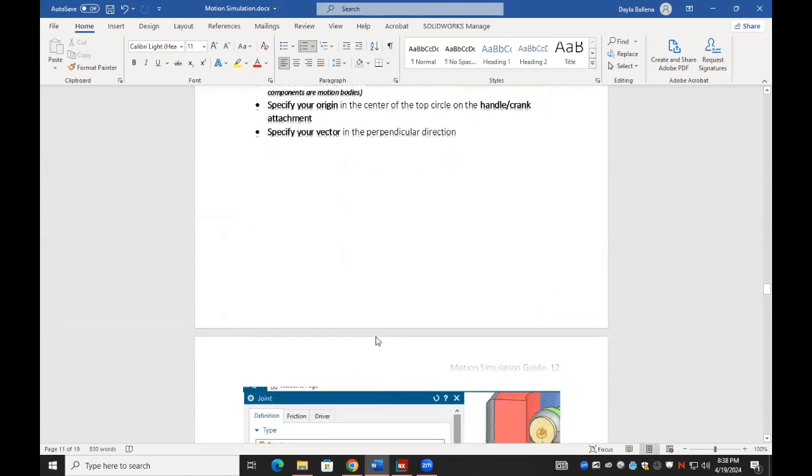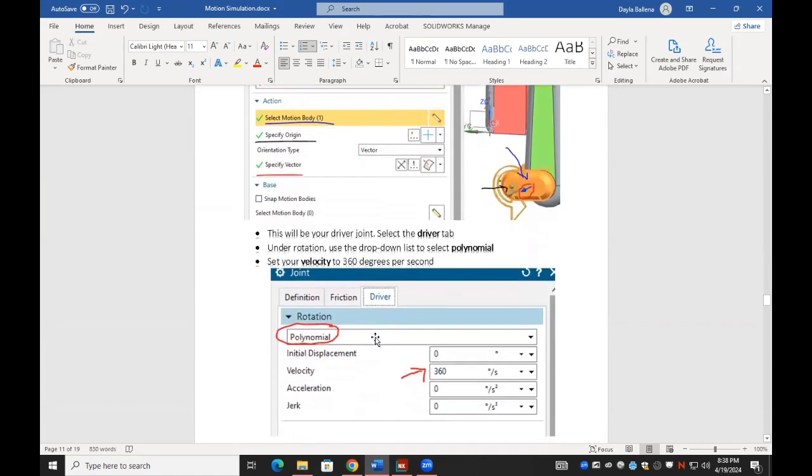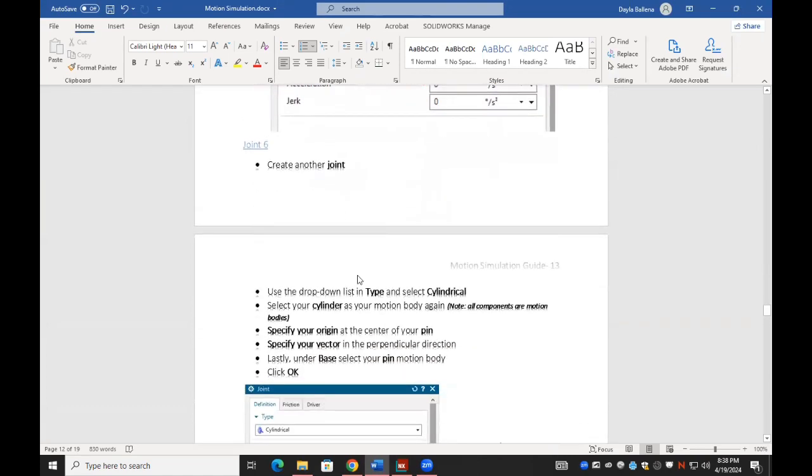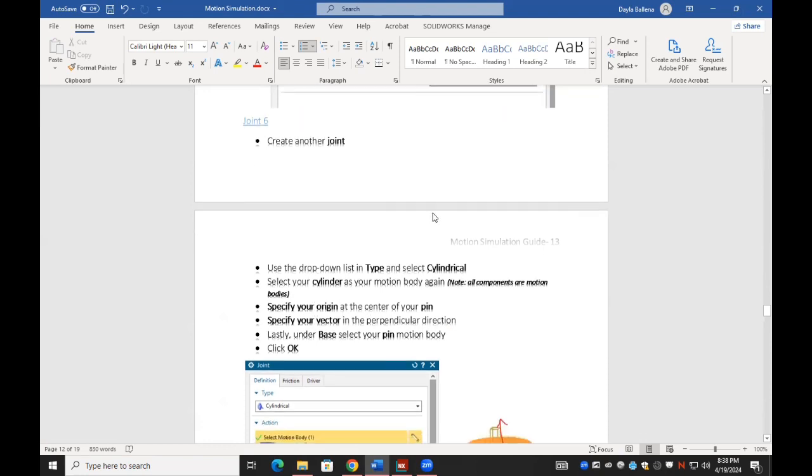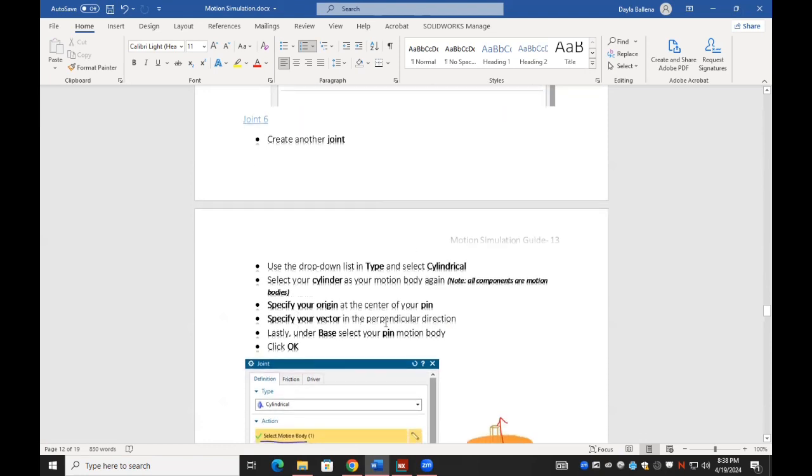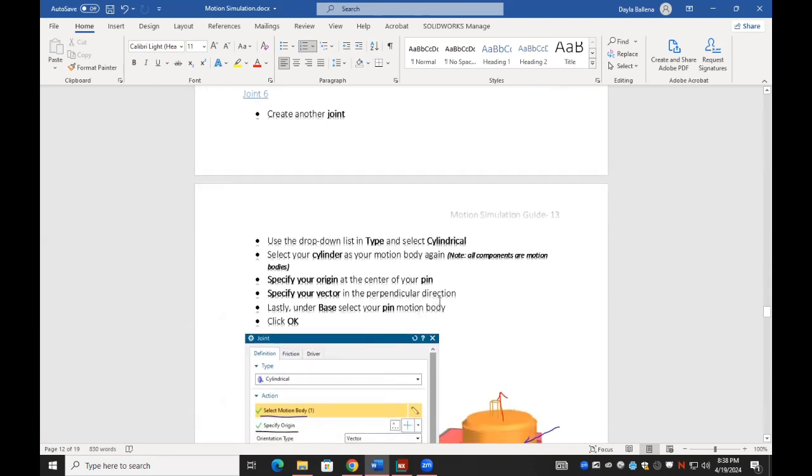Moving on to joint 6. We're going to the upper left-hand corner to select joint using the drop-down list type and selecting the cylindrical. Select my cylinder as our motion body, specifying our origin at the center of our pin, specifying our vector in the perpendicular direction, and lastly our base is going to be our pin motion body, and we're clicking OK. So for joint number 6,